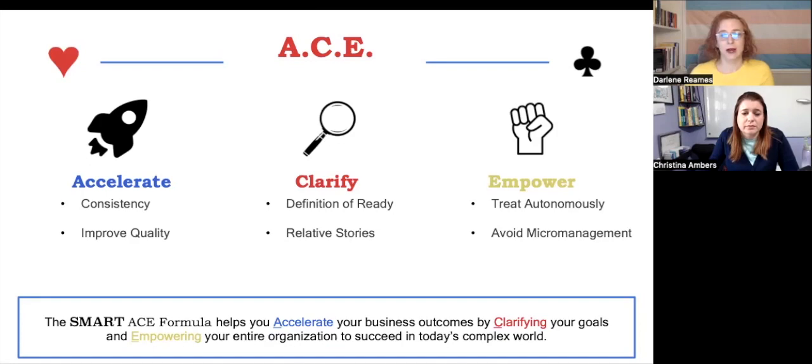Having a definition of ready and identifying your relative size stories will create the clarity everyone needs. Empowerment with metrics comes from treating each team autonomously and avoiding micromanagement. By focusing on the A.C.E, the SMART ACE formula helps you accelerate your business outcomes by clarifying your goals and empowering your entire organization to succeed in today's complex world.